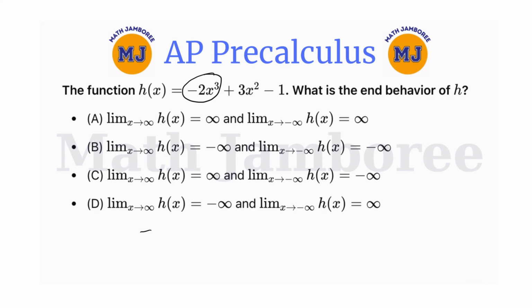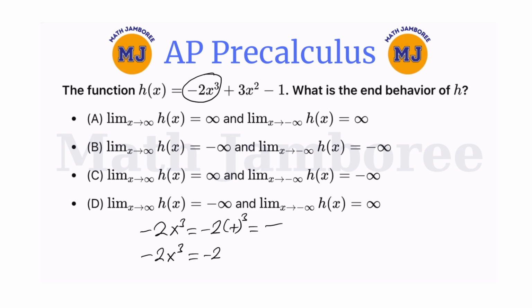So to do that, negative 2x cubed, as x approaches positive infinity, I'm going to substitute positive for the x. This positive to the power of 3 is positive. Negative times positive is negative. And negative,